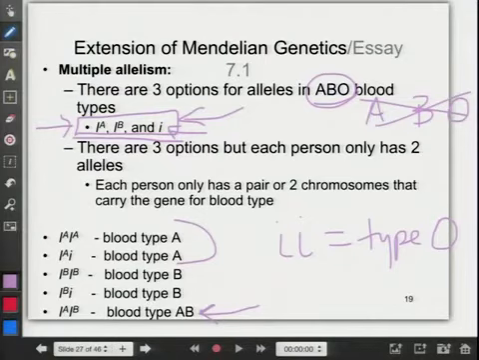If you're type AB, you know your genotype. If you're type O, you know your genotype. But if you're type A or B, you could be either a homozygote or a heterozygote. So you can do a pedigree analysis to try to figure out